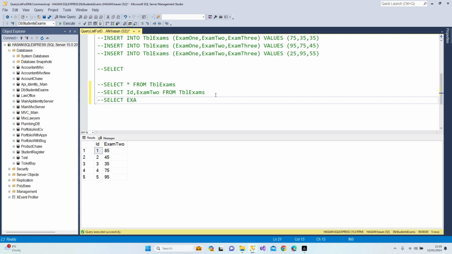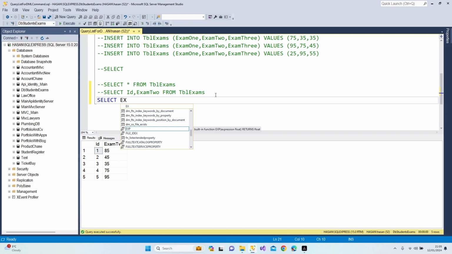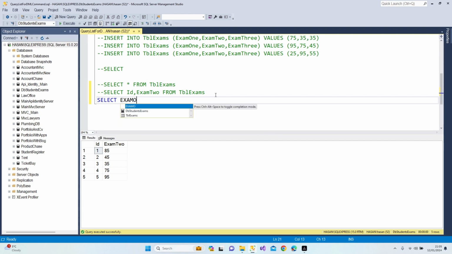I'm going to, oh, let's delete the command. Let's select. I'm going to make some math operations. Exam1 plus exam2. So what's going to be the result then? Let's have a look. I really wonder what it's going to be. Let's say F5. As you can see, the result is